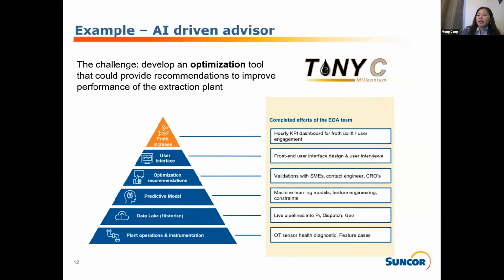Another area we have applied AI techniques is in our extraction process with an AI-driven advisor. Extraction was looking for ways to improve its bitumen or energy extraction to gain insights from the data it collects to increase performance, both now and in the future. During our initial proof of concept stage, the operations team worked with our data scientists from the advanced analytics team to look at historical plant data, modeling to see plant performance patterns. The tool delivers value by enabling users to optimize to current operating conditions to increase bitumen production, while at the same time driving new learning and training for control room operators.